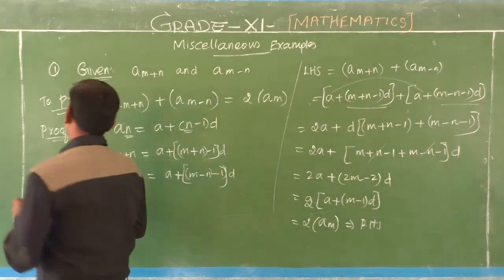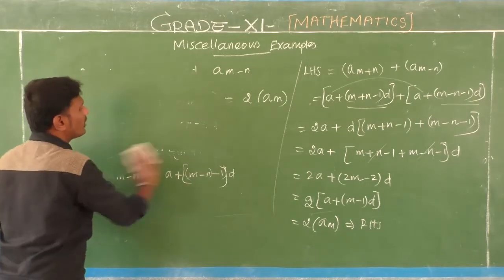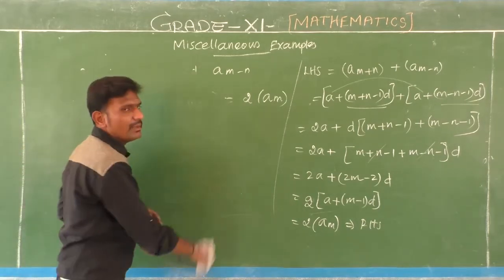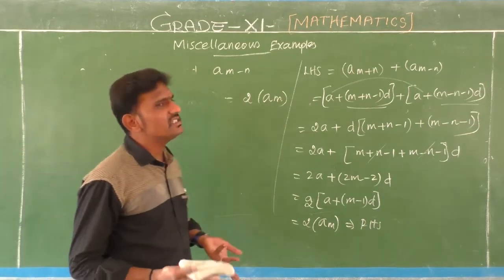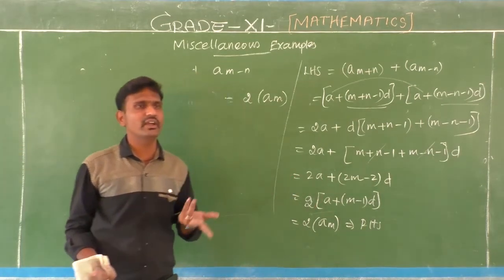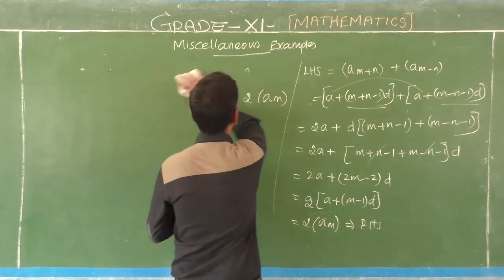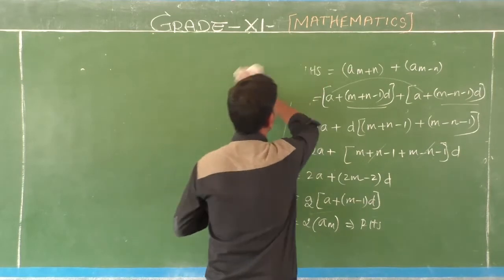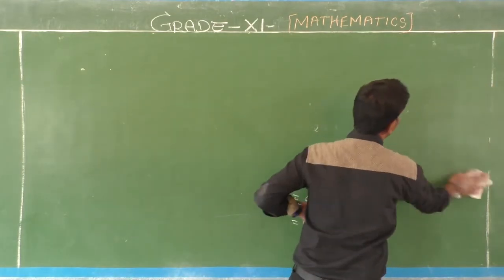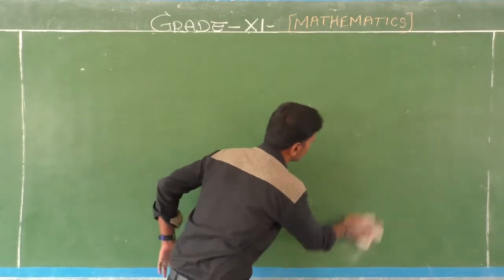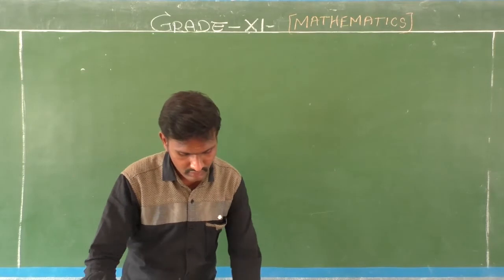And the next question is very simple. We already did that pattern of divisible numbers, the basic number. Find the sum of the 2-digit numbers or 3-digit numbers which are divisible by 7, or the numbers between 200 and 300 which are divisible by 11, like that. This pattern of sum you already prepared in your 10th syllabus itself. So that pattern of sum only I will do now. See, students.